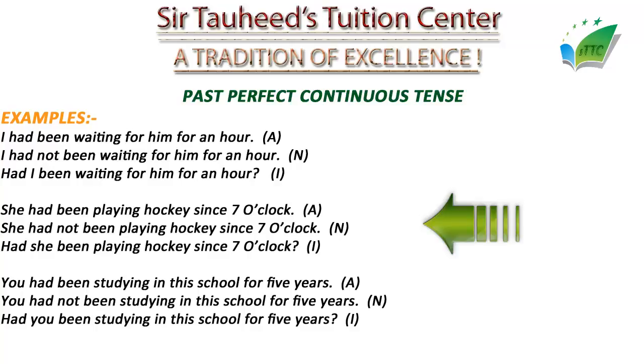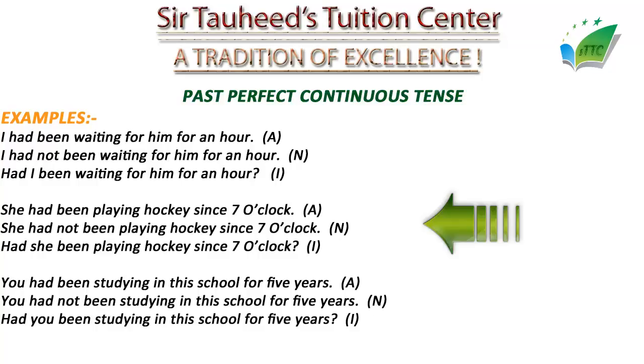Here she is the subject because she is the doer of something. After she we have used had been, which is the helping verb, and then the main verb, which is playing, which is the fourth form of the verb here with ing in the end. After playing there is an object, which is hockey, because hockey was something which was being played. After the object there is a preposition, which is since, and this shows the starting point, means she started playing hockey